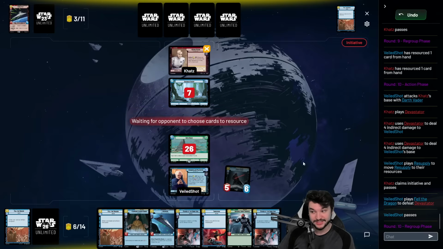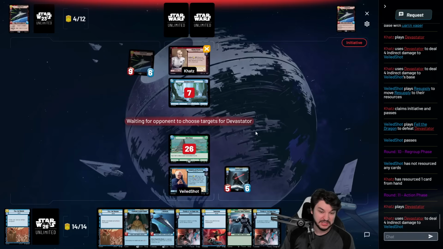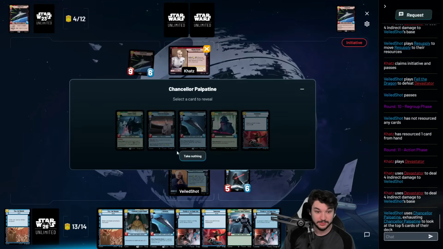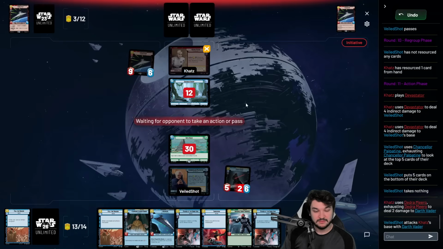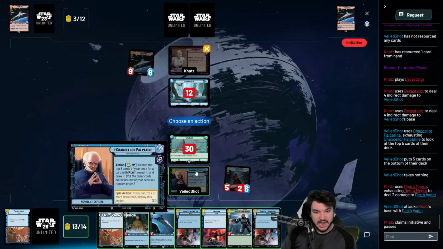We don't really have a lot of ways to heal here. No reinforcement walkers or anything like that. They may be on the Devastator plan. It looks like they may be. And if they have the 3 Devastators in hand, it is what it is. We can't really do a whole lot about that. You know, oh well, I guess. All right, I mean,